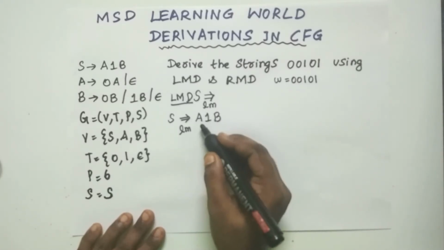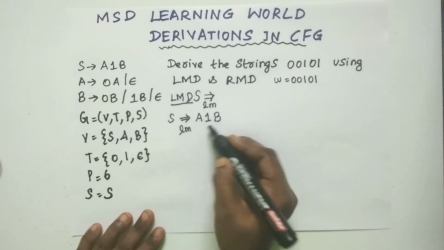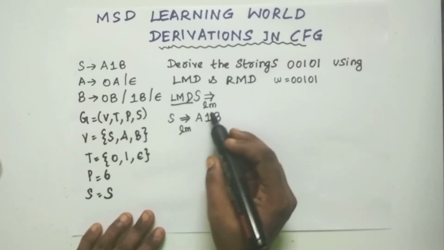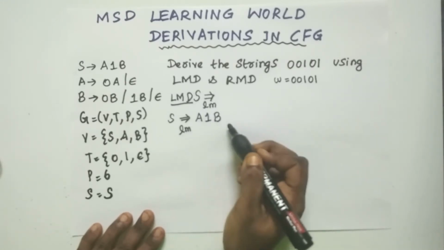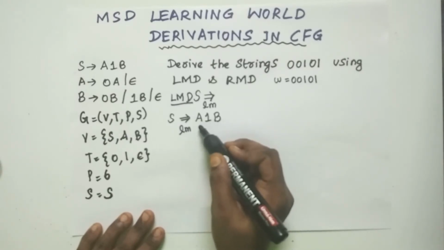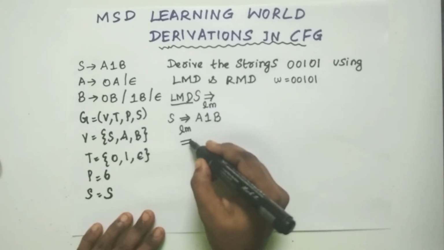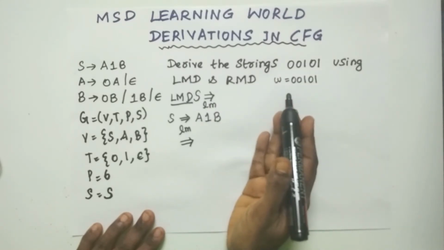Now you have 3 symbols here. First one is a non-terminal, second one is a terminal and third one is a non-terminal. According to the leftmost derivation, the first non-terminal is capital A. This is left hand side and this is right hand side. So A must be derived, then that is said to be a leftmost derivation. So which production can you use for A so that you may arrive at the string 00101?